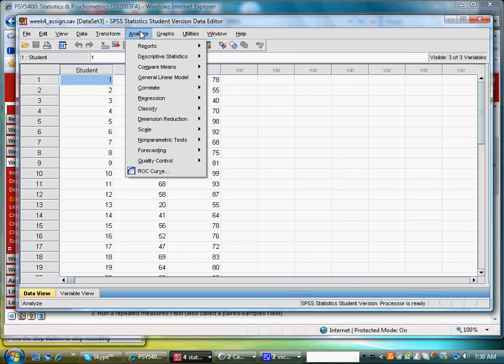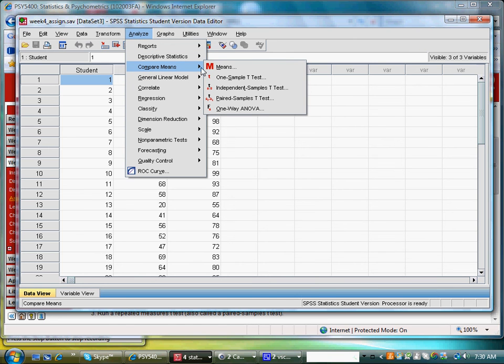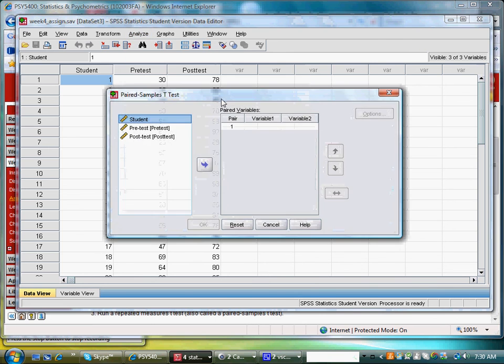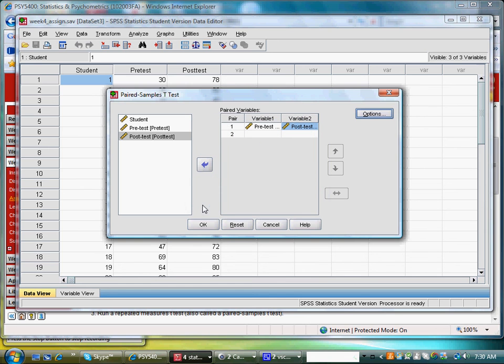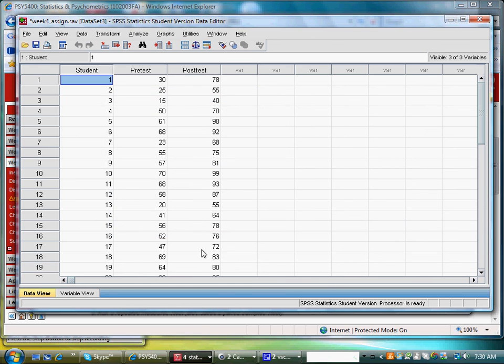And in order to do this, again, analyze, compare means, and in this case, paired samples t-test. And so here you see we have which pair of variables do we want to compare. So we have the pre-test, goes over into there, the post-test, and we're just going to run one pair of variables, so that's all we need. Over in the options box, we're going to get the 95% confidence interval. You don't have to check anything to get it, but if you had wanted to change it to a different level, you could do that right there. So we're going to continue, click OK,